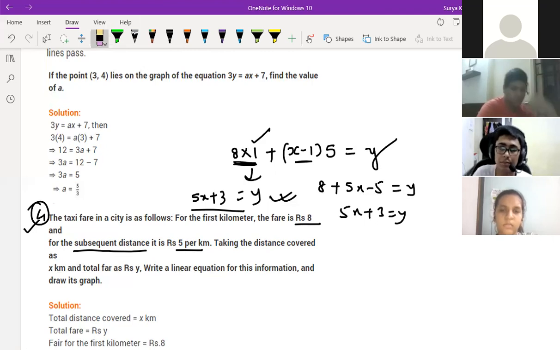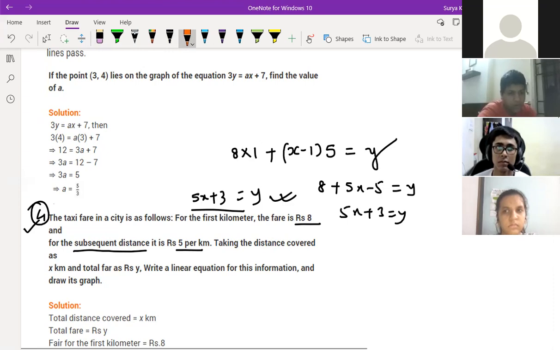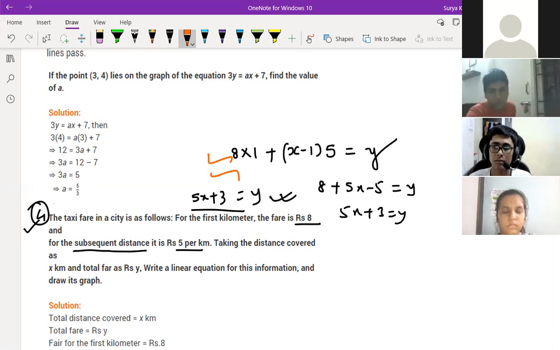Yes, sir. Why are you forgetting so easily, children? We have discussed around 5 minutes on the same question. Did you remember, Nihar? We spent 5 minutes on this question. Sir, I got the first part, but then I forgot the second part, in which we have to multiply with the total fare. Here you can do directly 5x plus 3. How? Because, suppose the first is also taking 5 rupees only, and you can add an extra 3 rupees. That also you can do.